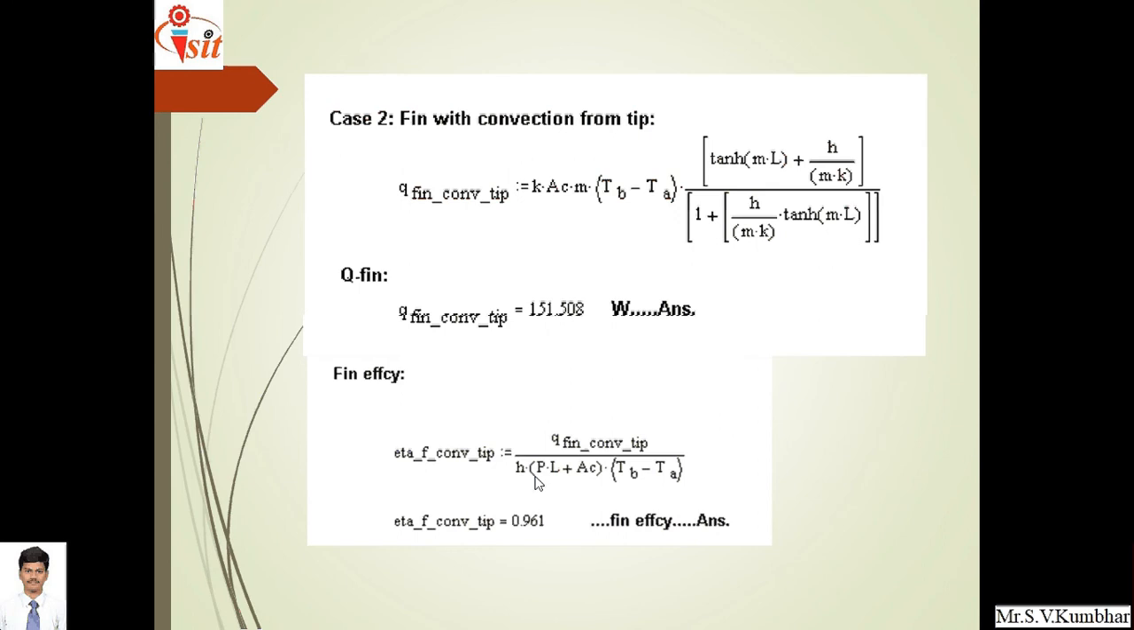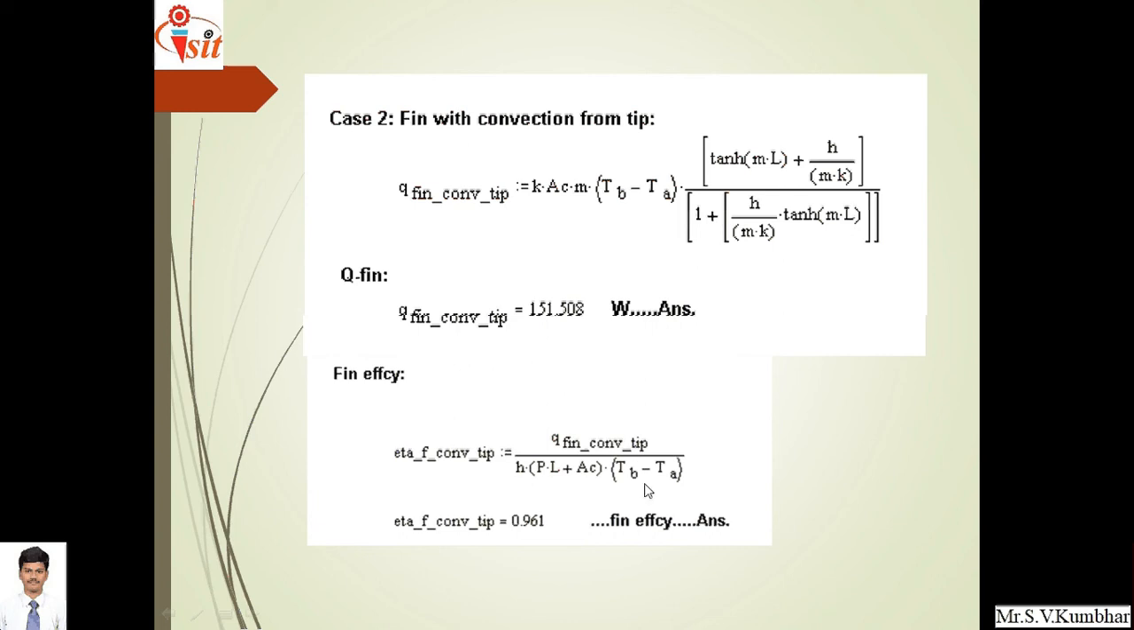Case number 2. So this is case number 2, fin with convection from the tip. So Q convected from its tip is equal to k Ac m (TB minus TA) into [hyperbolic tan ml plus h upon mk] divided by [1 plus h upon mk hyperbolic tan ml]. Now heat transfer through this fin is given as 151.508 watt. Its fin efficiency is given as the amount of heat transferred through convection divided by